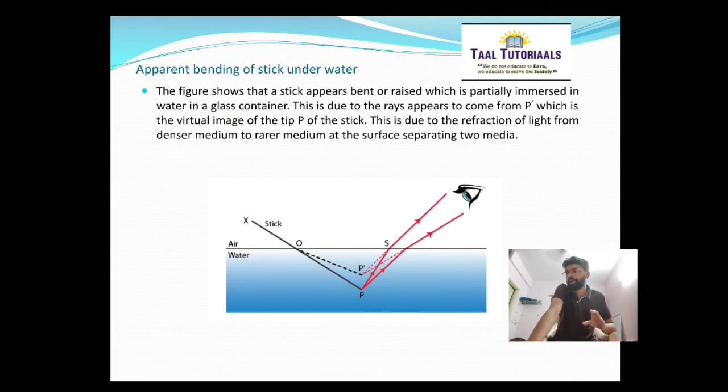Now, note down, an object placed in a rarer medium when viewed from a denser medium appears to be at a greater distance than its real distance. Some consequences of refraction of light are: a star appears twinkling. A print appears to be raised when a slab is placed over it. A person's legs appear to be short when standing in a tank. You have observed that. A coin in a vessel is not visible when seen from just below the edge, but can be viewed from the same position when water is poured into the vessel.